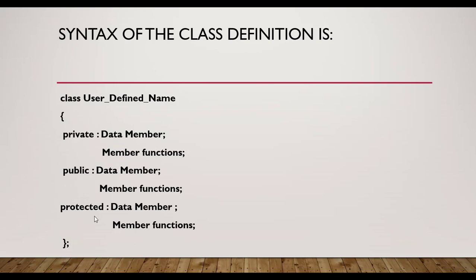We will be studying it in detail. Data members are data variables and member functions are the set of operations which are performed on the class. And this is very important, you have to end the class with a closing bracket and put a semicolon. So the syntax for class definition given here is very important. In order to write the programs, you should know the syntax of the class.